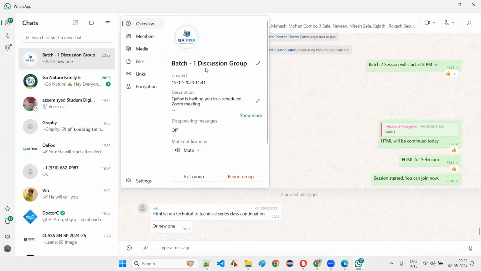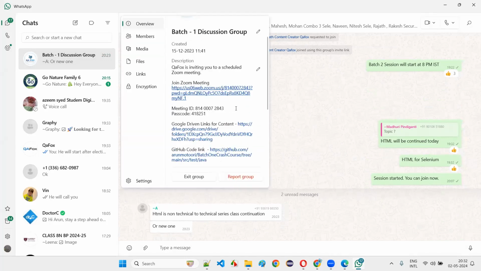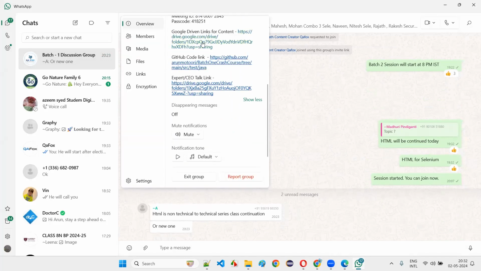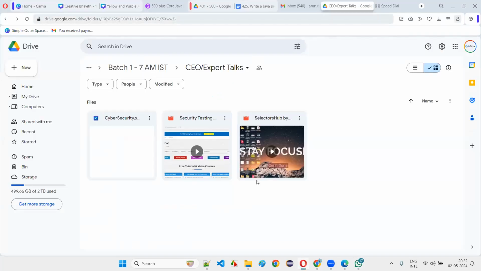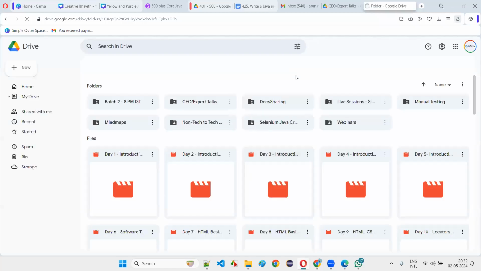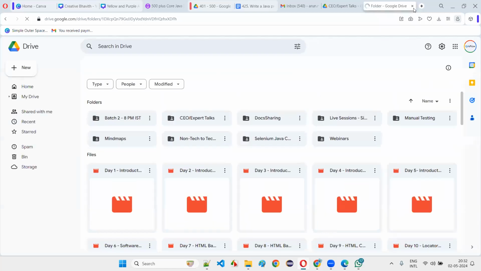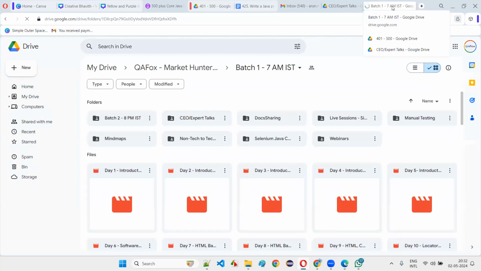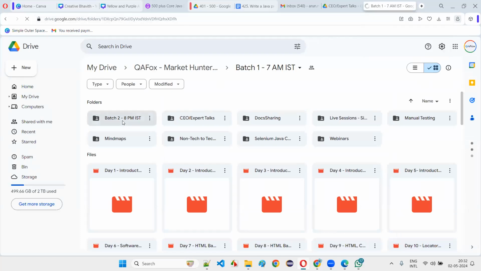Here, if you go to the description of this group, somewhere you will see this Google Drive link, guys. Copy that Google Drive link. Go to a browser like Opera, which works well with Google Drive videos, and log in to the registered email you gave for registering to this course. Then in another tab, open this Google Drive link, and here you will see a batch